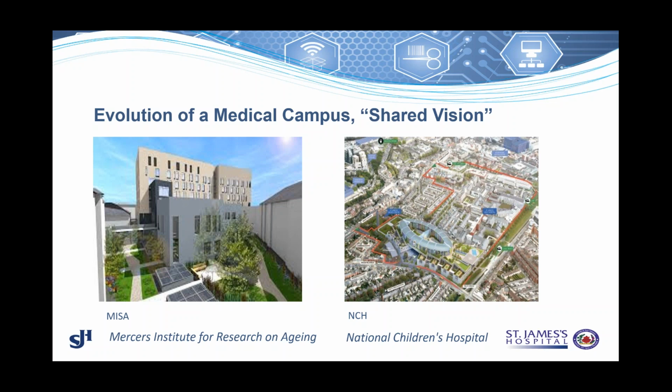We're almost creating a health and life sciences campus with the development of the Mercer Institute for Research on Aging, and also the new National Children's Hospital that is going to be built on the campus of St James's. The MISA building, which is the Mercer's Institute, is a 7-story building dedicated to aging, and very much RFID enabled, and is a flagship in terms of the standard of what we're expecting any future developments for St James's